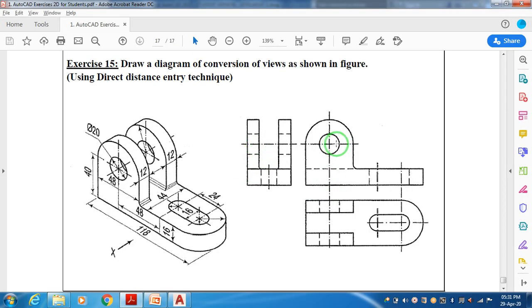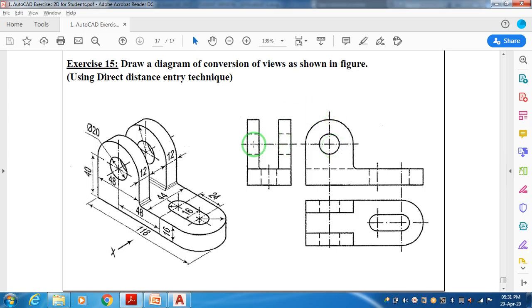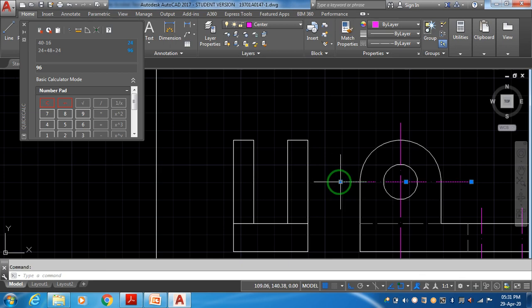Now again we are supposed to extend the axis and draw the hidden lines. See here, when we are looking from here, this is the through hole, which we have to show with the help of a center axis. So let's take this axis. I will draw it. First axis.